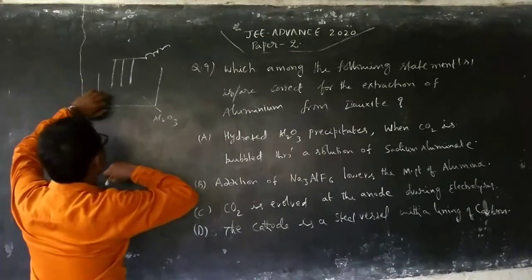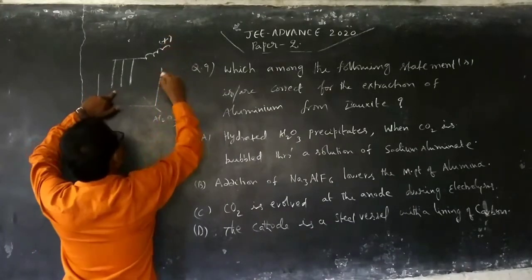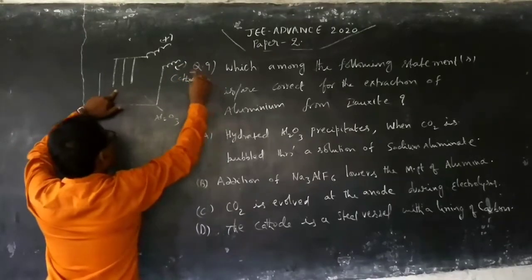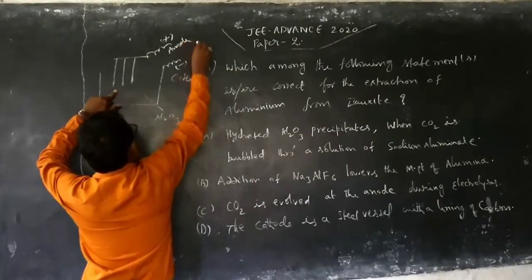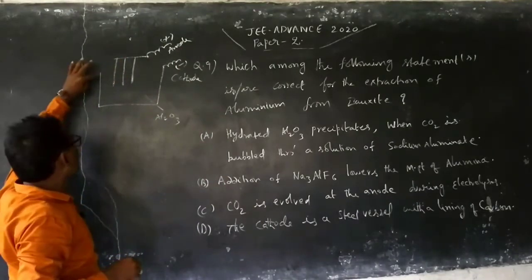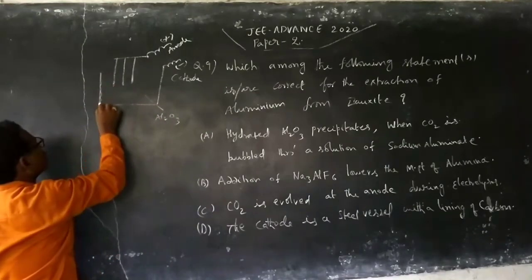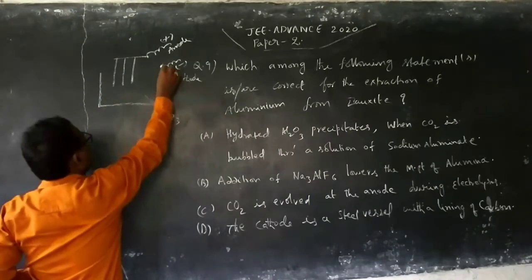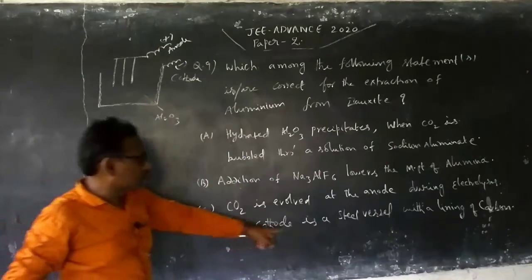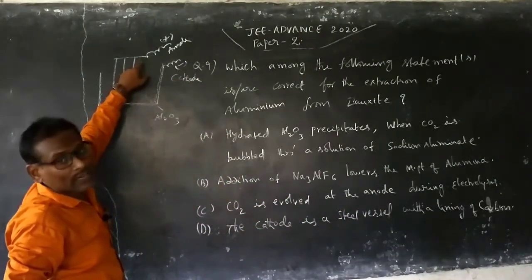So I want to say that here fluoride, that means anion, goes to the anode, which is going to be positive, whereas this is going to be negative. So this is the cathode, whereas this is the anode. The anode is normally made up of graphite rods, that is, made up of carbon. The vessel is made up of steel, but inside it is coated with carbon. So the cathode is a steel vessel with a lining of carbon. That is the cathode. It is about the anode made up of carbon.